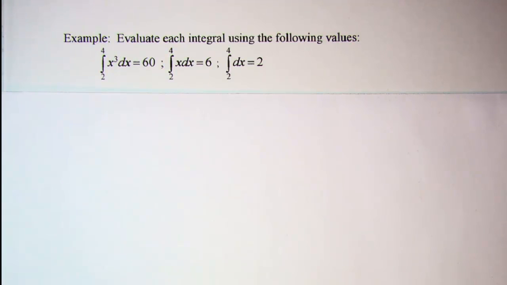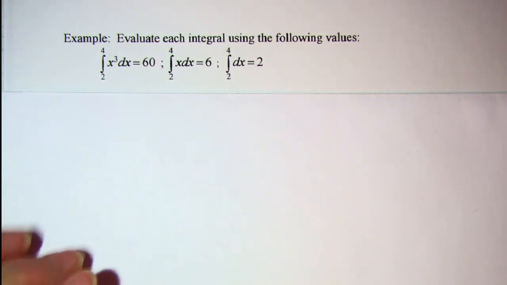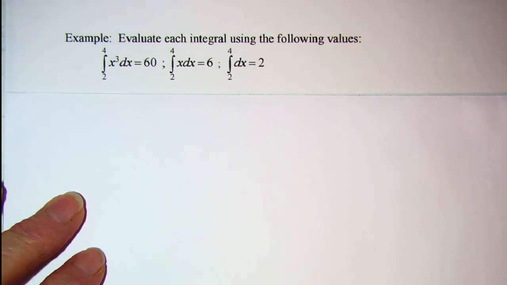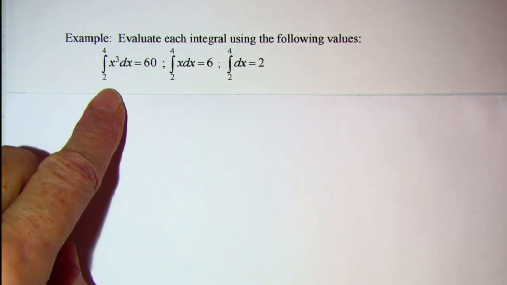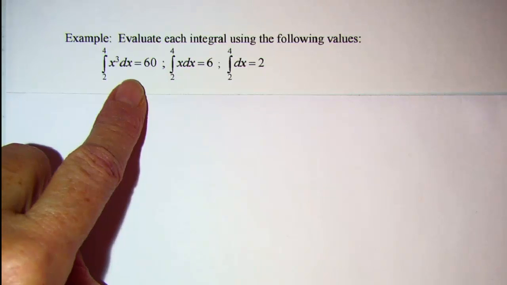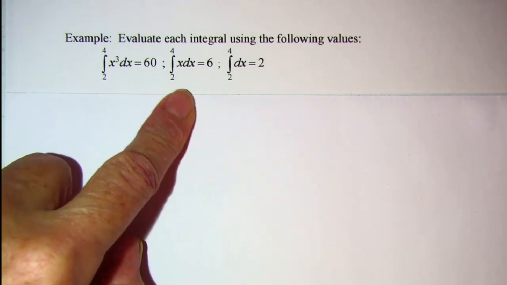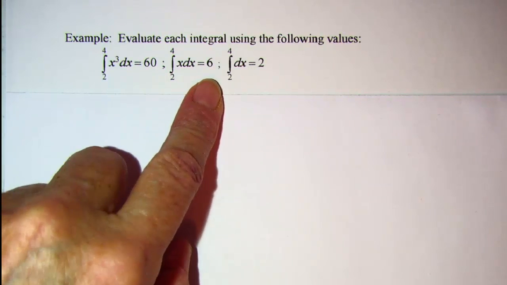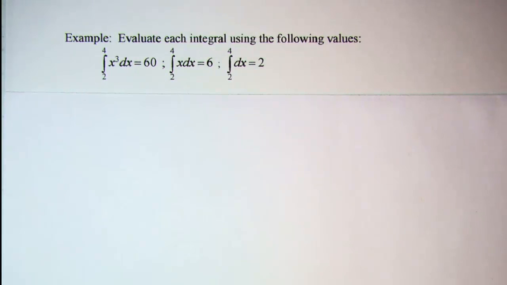Now let's apply these properties to some problems. The example that we'll be doing: evaluate each integral using the following values. We're told that the integral from 2 to 4 of x cubed dx is equal to 60. The integral from 2 to 4 of x dx is equal to 6. The integral from 2 to 4 of dx is equal to 2. Our first one,